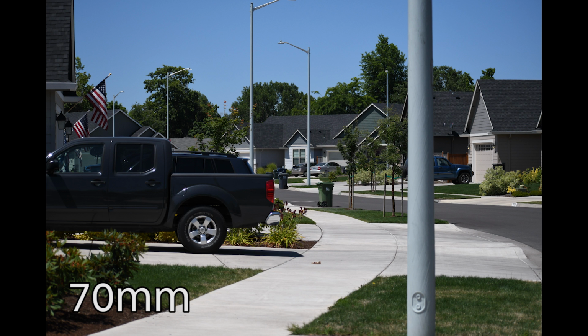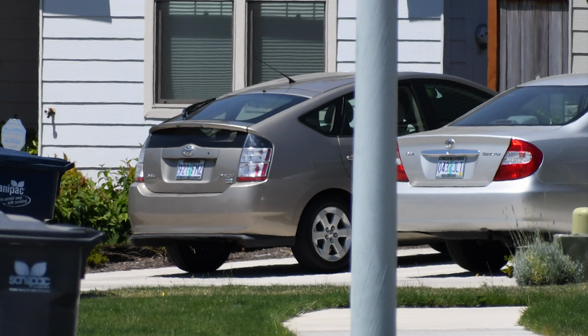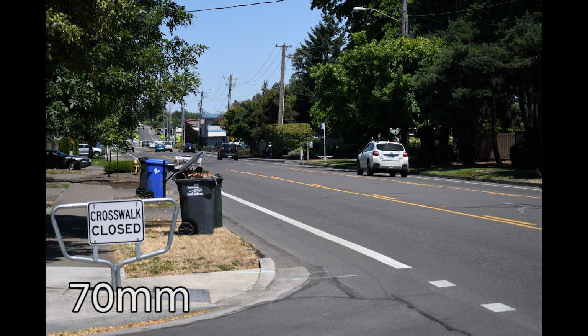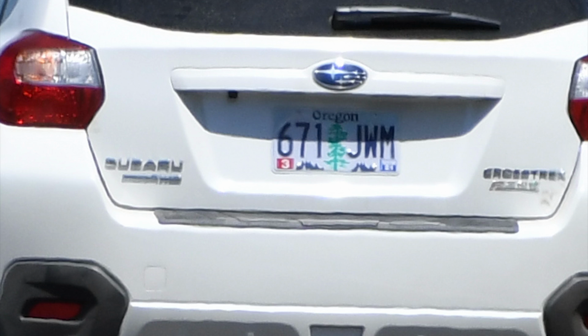Whenever I get my hands on a long focus lens, I start to feel like a PI, so I always like to make sure that the lens can actually fulfill those capabilities. Here we have an example of zooming from 70 to 300mm, and even from that zooming into the photo to see if the crisp clarity is there, and sure enough, you can read those license plates, you can read the brand of the car, whatever, quite easily. Pretty fantastic sharpness there. And I even redid the test with my subject in motion, a car here going 35 miles per hour, and sure enough, once again, very crisp, very clear shots with a great performance from the autofocusing